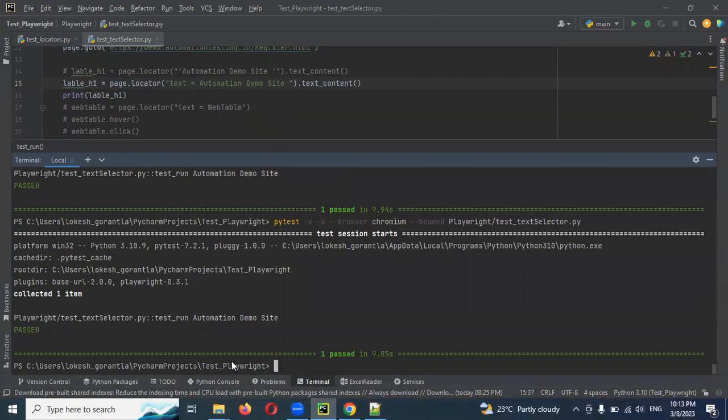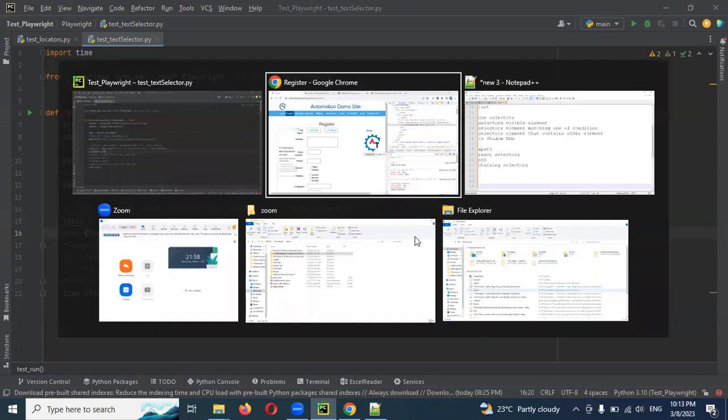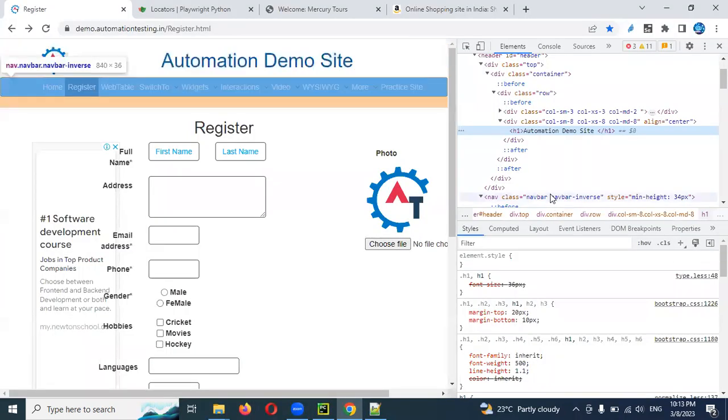We can find not only a label by using the text selector, but even our button. Button value also we can find. And in case the button is in a different structure, how can we use it? The different way is nothing but we can see